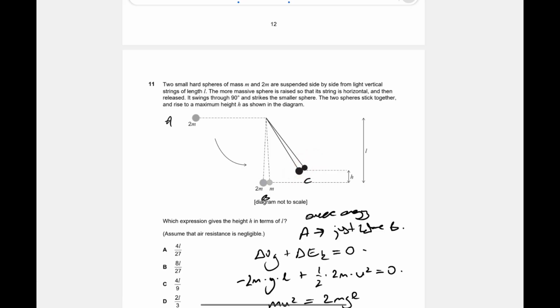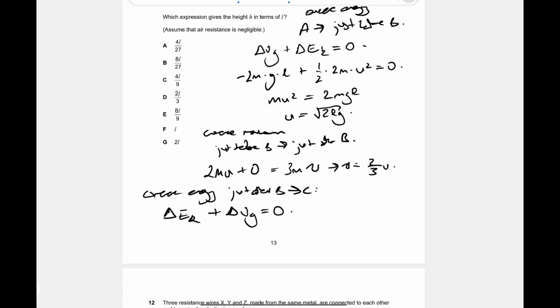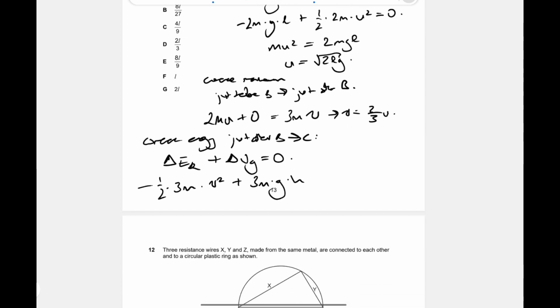You can notice it goes and then pauses for a minute there, so it's going to have no velocity, no speed. Anyway, so it's going to lose all that, so that's minus half 3m v squared, and it's going to gain 3mgh equals 0. So if we rearrange it, we get h equals v squared over 2,